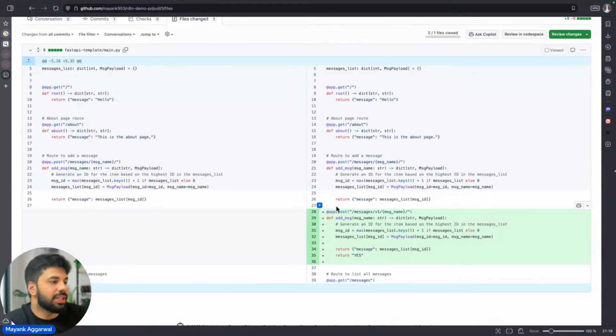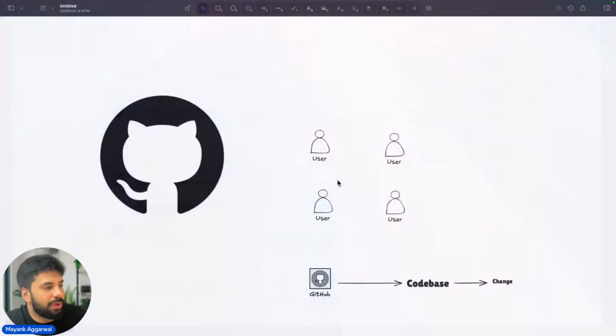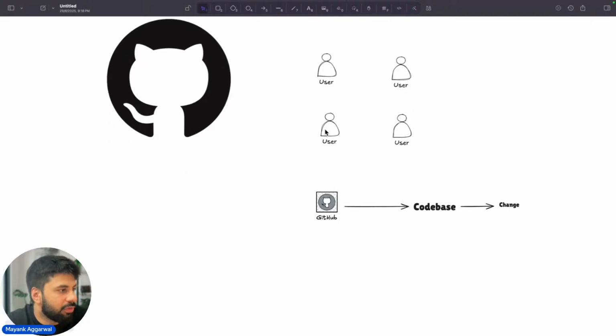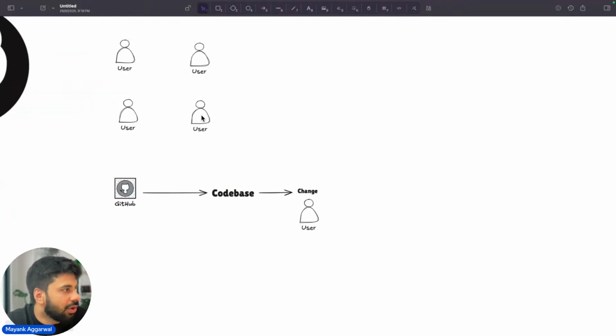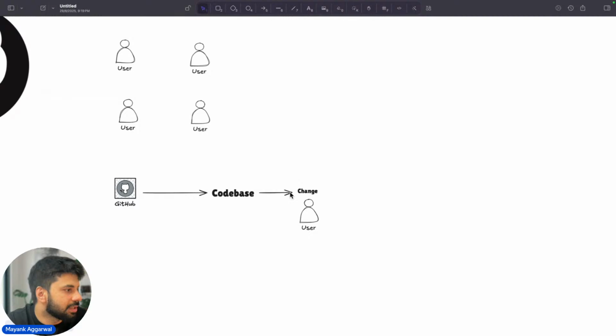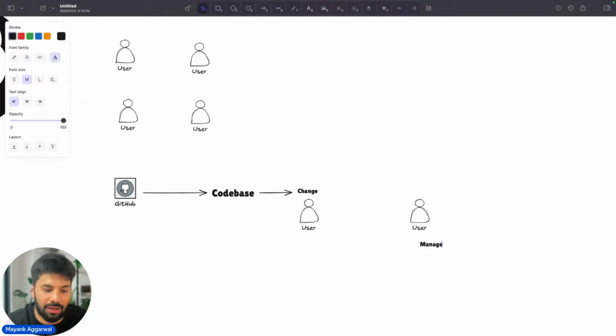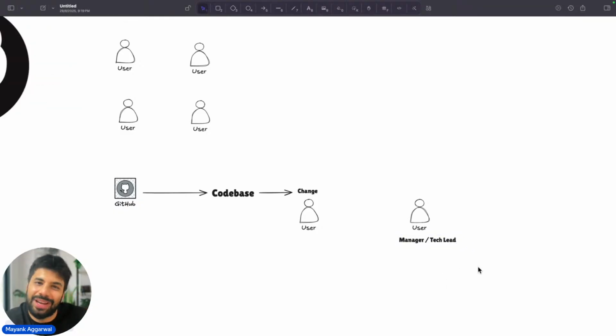So what happened is that you would spend your time going to and fro. Let's say this is user one who got your code base. He got your code base and he made the change. Now you, being a manager, let me copy this from here, or let's say a tech lead, will be telling them, hey, please do this change, please make sure that you handle this so that